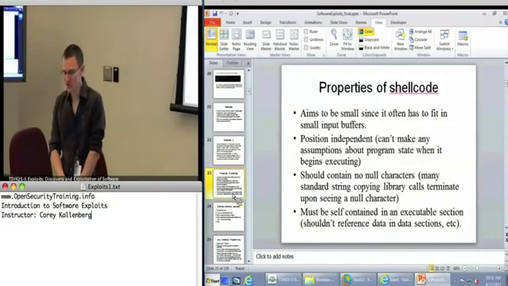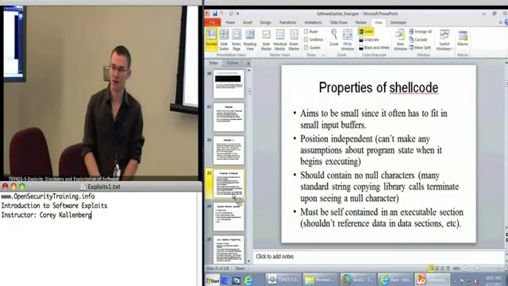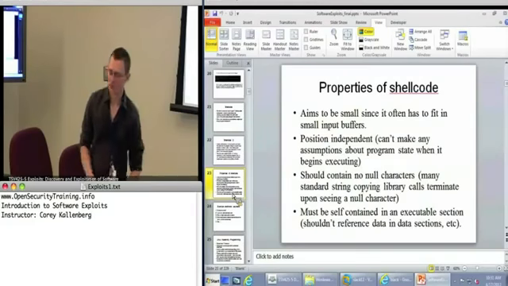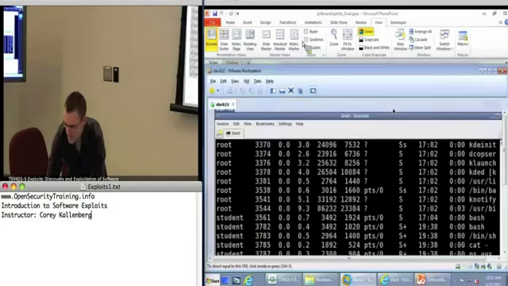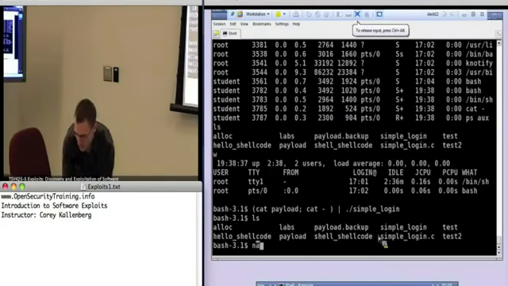Position independent. Usually, when you have a program like Hello World, you'll be passing an address to a function like printf, and that address will be the address of the Hello World string. So this is a little example to show you guys. If I was to click and write some program, dumb.c,